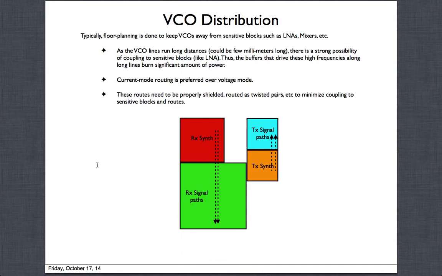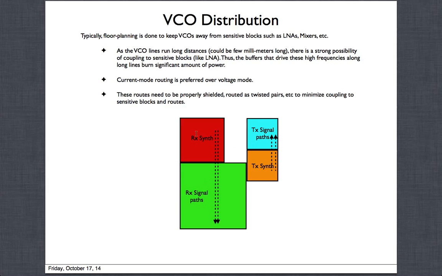VCO distribution. So this is what I was talking about. Let me show what I'm trying to show here. Let's take the example that we're trying to make this world phone, which has so many LNAs. The previous example we saw had 12 LNAs, 12 receive paths. Imagine that this green block is going to house all those 12 different LNA paths with mixers and baseband filters. That's what I'm calling the RX signal path. Then you have the TX signal path here, and we'll see the TX part, how many are there and all that.